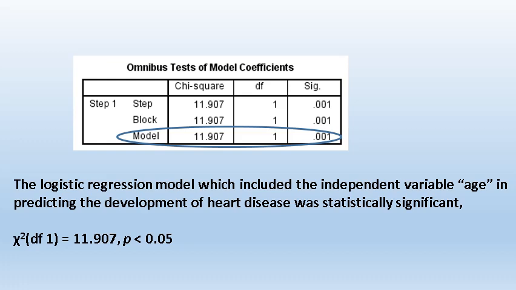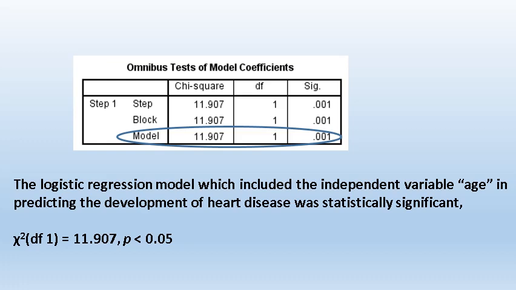Another table for model fit is also there. They use a chi-square test, and for the model they give a chi-square value, degree of freedom value and significance value. In this omnibus test, the model shows significance. That means the logistic regression model which included the independent variable age in predicting the development of heart disease was statistically